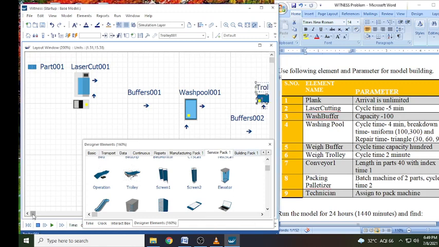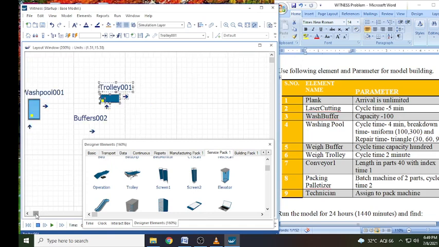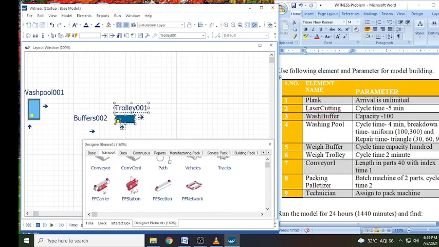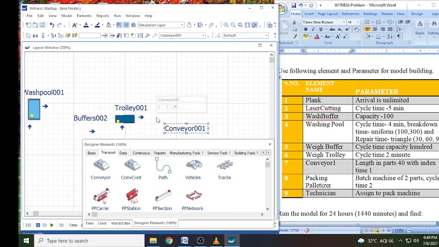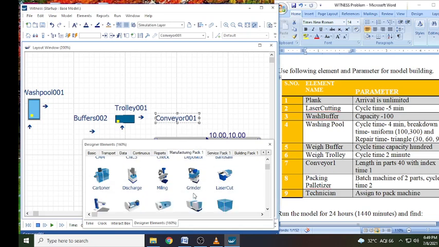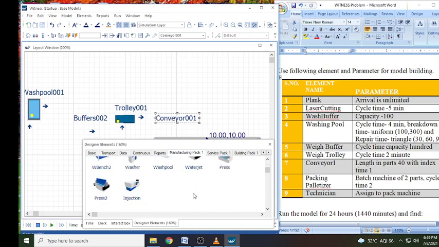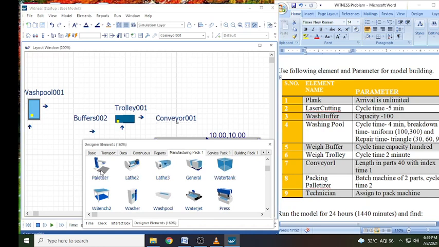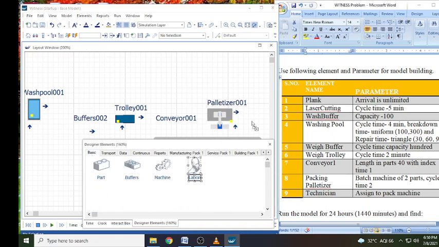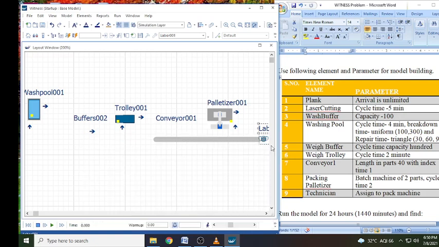Let me move here, and the trolley is here. Next we have the conveyor, which is in the transport. Drag a conveyor and drop it here. Then we have the packing palletizer in manufacturing pack 1. Palletizer is here, so we will drag and drop it here. Then we have our technician, which is our labor, like this. We are done with this designer elements, that is completion of step 1.